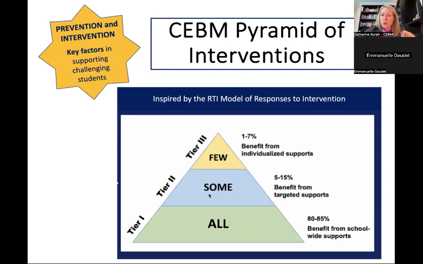Then on top of universal best practices, for some students that need more, so thinking about level 1, level 2, level 3 level of support, for some students, they need tier 2 level of support, and it is not meant to be for all, it is meant to be for some. And for some of those students, we're not doing one or the other, we're doing the two. So we're continuing to do the universal best practices, and we're adding to that the targeted practices. And for few students, we are using not just the universal, not just the targeted, but we're adding on the third level of the pyramid, the individualized, more intensified measures for them to be successful.